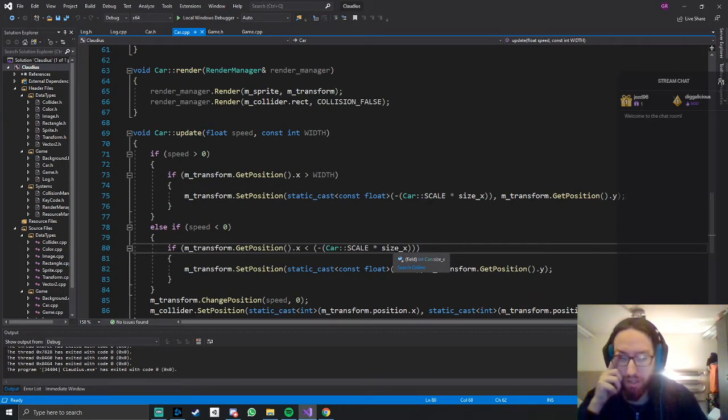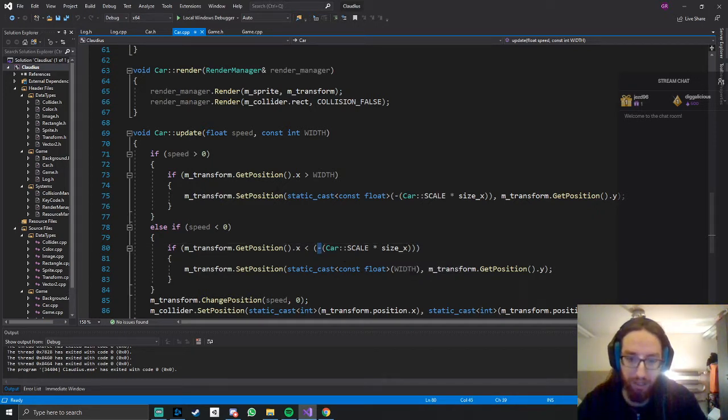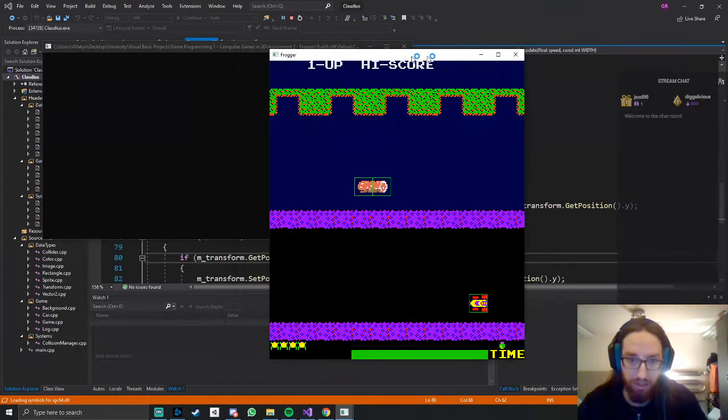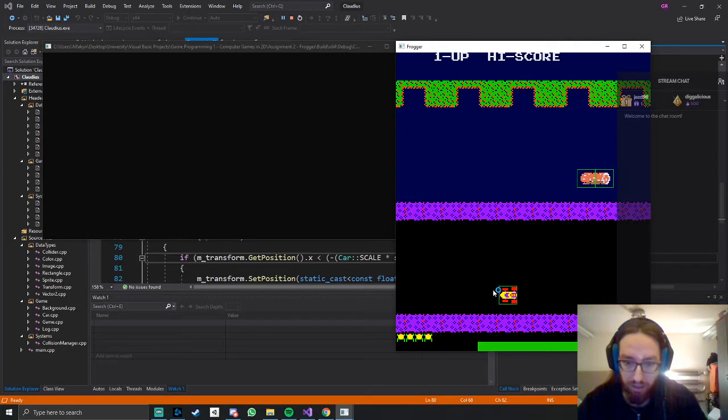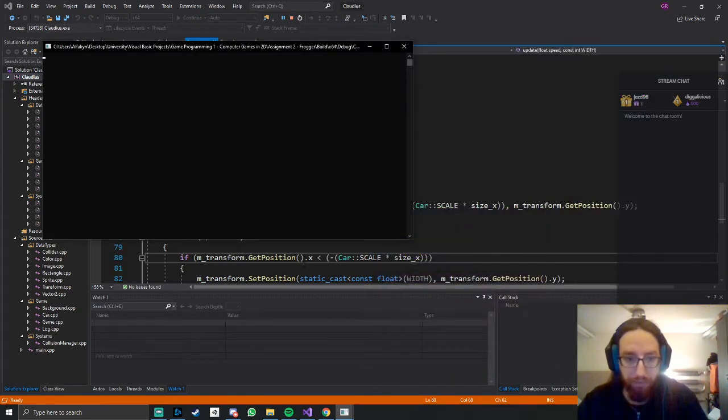Usually it's 16, except when it's a truck, which is 32 pixels. Multiplied by the scale just makes it so that it fits whatever scale you set it to. And negative meaning that it's basically 16 pixels to the left. So basically when the car reaches here, so the top left corner of the car reaches minus the size times the scale to the left of the screen, then it's going to warp back. Otherwise it would disappear as soon as the left edge of the car touches the edge of the screen, and you don't want that. You want the effect of the car going away. Alright,